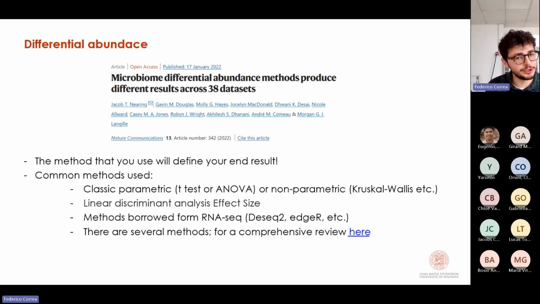Another approach is to use another tool that has been developed: linear discriminant analysis and effect size. So you have classic parametric tests coupled with an estimation of the effect size of the difference. You usually see it in a lot of papers. Usually all the human studies, I think, have this LEfSe analysis, because it's very simple to draw conclusions. It's very simple to present this data,